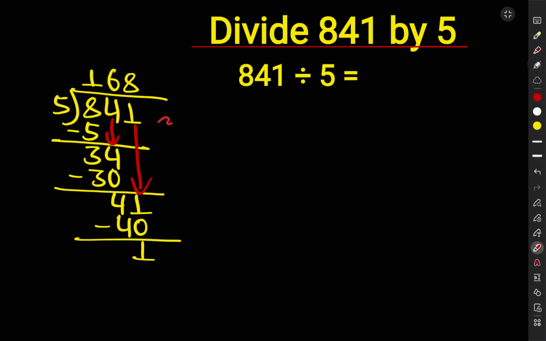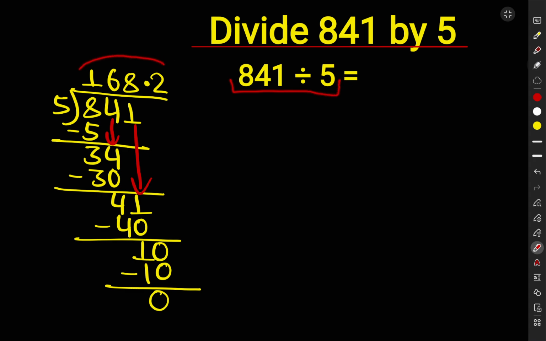So now we have no other number to put down. So we put a decimal here, so that we can put 0. So it is 10 and 5 times 2 is 10. On subtracting we get 0. So 841 divided by 5 is